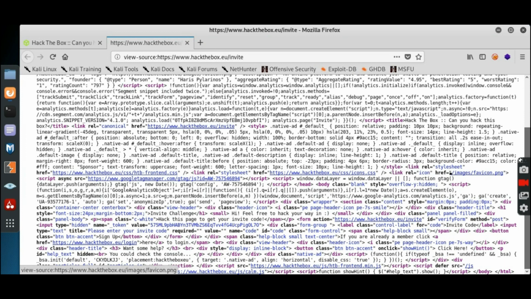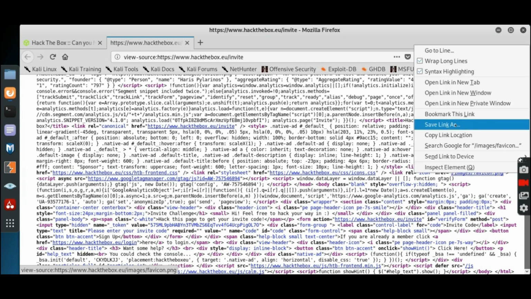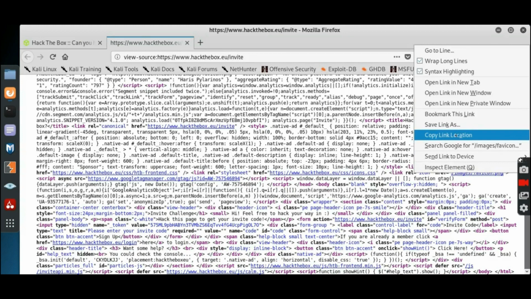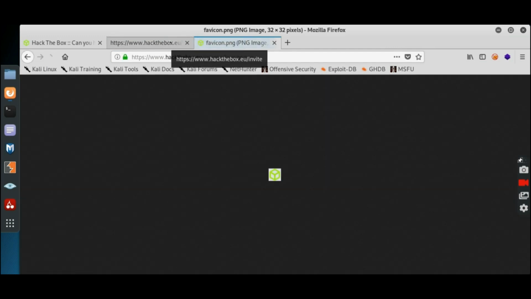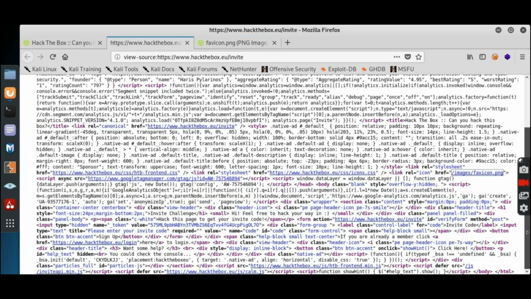Here there is one source to an image. You can copy the image and go to that link. Oh, it's just a logo. You can search for any other interesting clues.